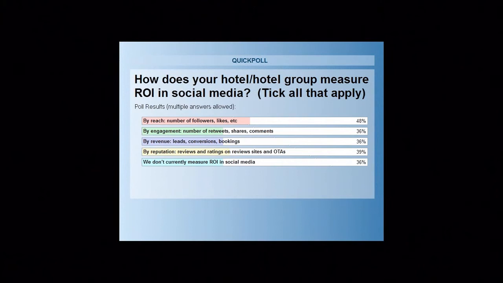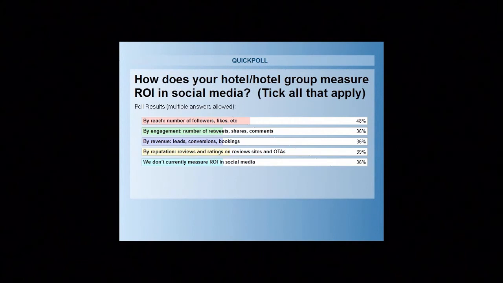eConsultancy and Adobe came out with a survey in July. Really interesting results. They surveyed 650 marketing professionals across Europe and North America, and they found that only 12% of companies reported being able to track the direct revenue impact of social media. Now, that's not to say that they're not getting revenue through social media. They're just having a challenge tracking it. So for those of you who aren't currently tracking it or are not happy with what you're tracking, you're not